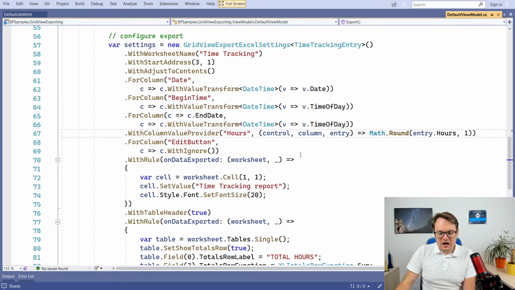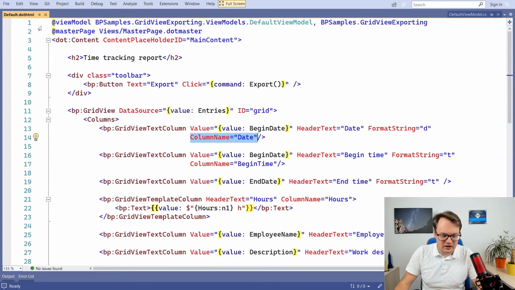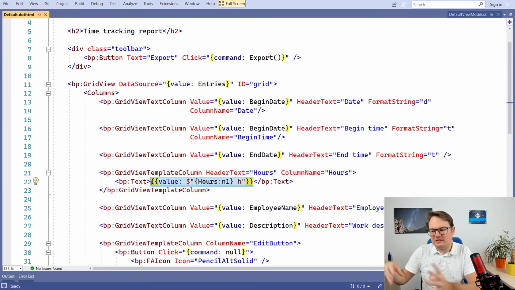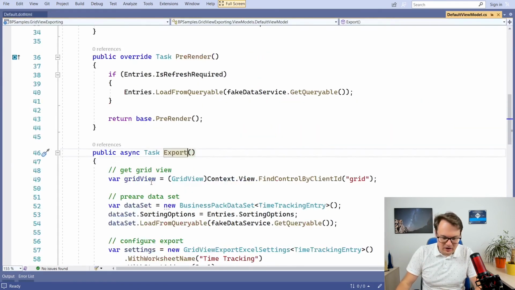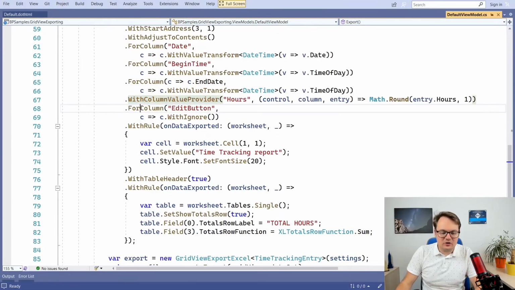And I also strip the date and keep only the time. For hours, I want to round the value to 1 decimal place, so that's how I can do it with a column value provider. This column value provider must be here because I'm using the template column, so the Excel wouldn't know how to render this because it doesn't evaluate the HTML which is in the template. It needs to know the value, so that's why I've provided the column value provider. And also I'm saying the column with the edit button I will ignore,